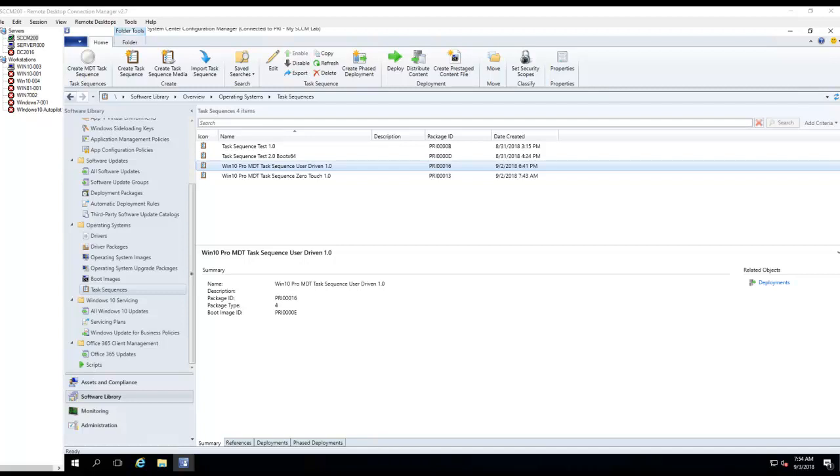Hey guys, so in this video, I'm going to show you how to customize the user-driven windows. In other words, when you build an image using MDT Task Sequence user-driven, you want to customize the screen. So what you need to do is go into